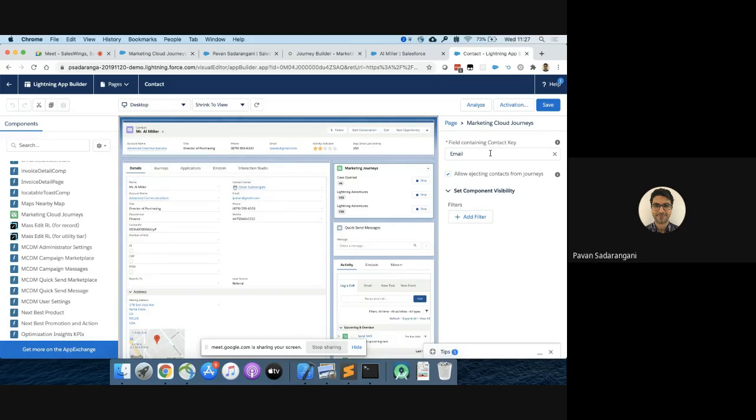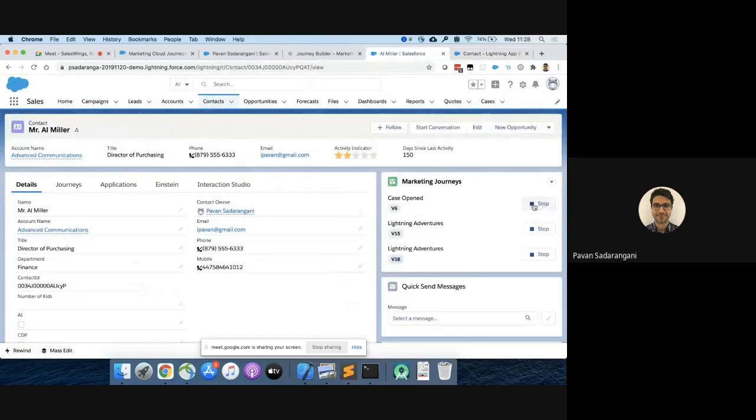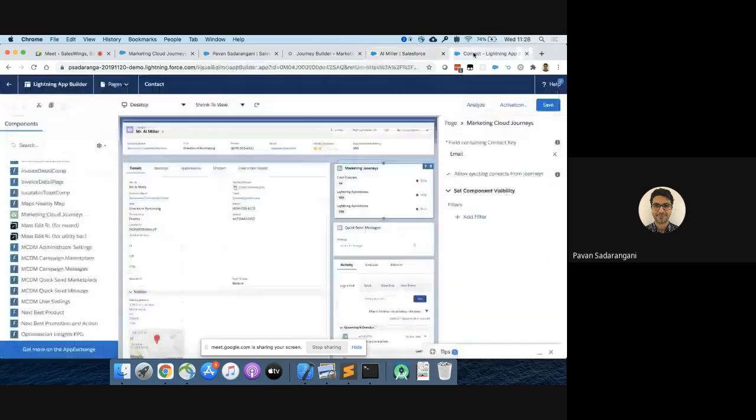And then when it reaches out to Marketing Cloud, it says, take a look at this individual contact key, so the email address that I have here within Sales Cloud, and return a list of all of the current journeys that a customer is currently on. And then we also have the option to allow you to eject contacts from a journey. So you can selectively choose whether you want your sales or service agents to be able to remove a customer from your journeys, or you just want to give them visibility into which journeys they're currently in. So in terms of setup, quite straightforward to get up and running with this.